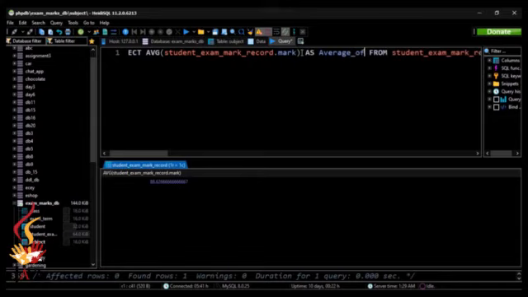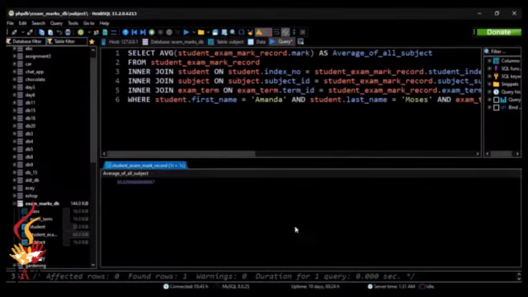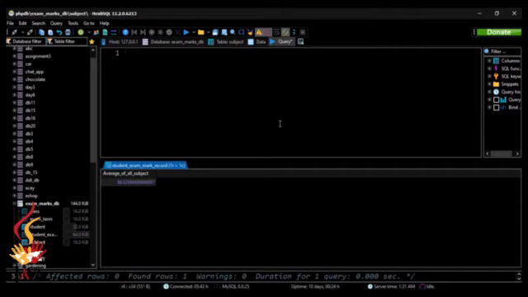Find the average to two decimal places in marks obtained by the students in class 11A in the second term for all subjects. So that means we should find the average marks to two decimal places which the students in grade 11A class have got for the second term. So now let's write the query. Here I will give select asterisk from